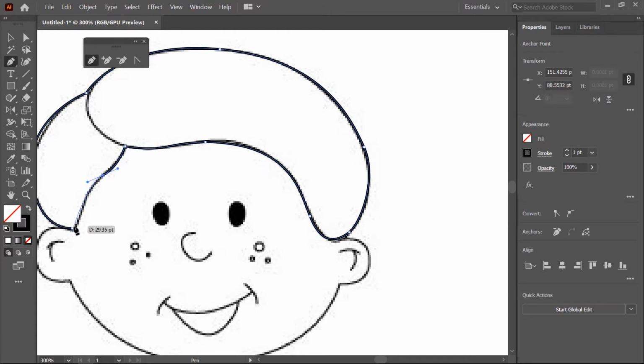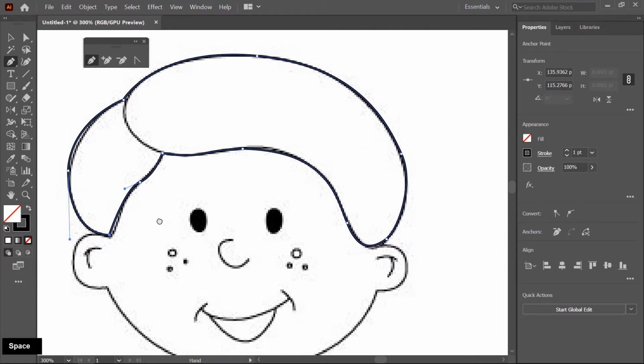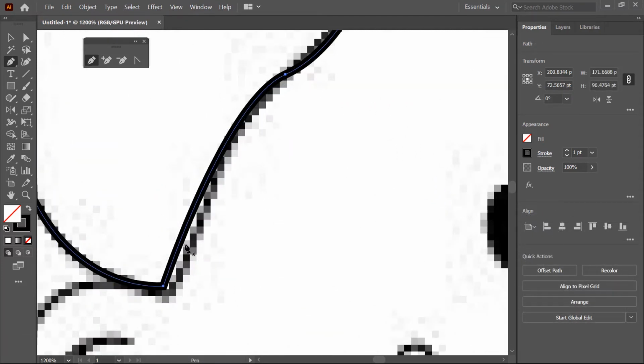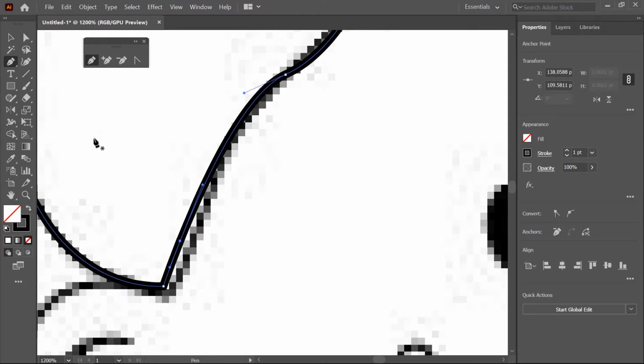When you reach the start point, a circle shows with the pen tool. It means the shape is closed. And if you want to modify this shape, I zoom a little bit. If you want to create a point here, just click on this line. A point is added, and by using the direct selection tool, you can change the position of this point